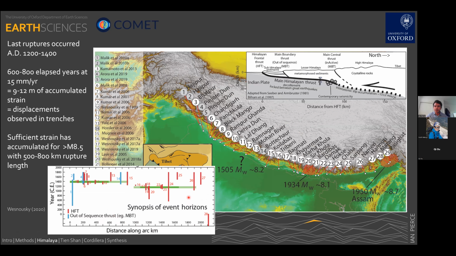If we extrapolate the current convergence rate over the elapsed time since the last big earthquake, about 600 to 800 years, we see that 9 to 12 meters of strain is accumulated. This is similar to the displacements that are observed in these trenches, or about 11 meters that we see in our trench. So we can say that sufficient strain has accumulated to produce a similar earthquake as in the past. Based on the displacement and 500 to 800 kilometer long fault length, this could be a devastating magnitude 8.5 or